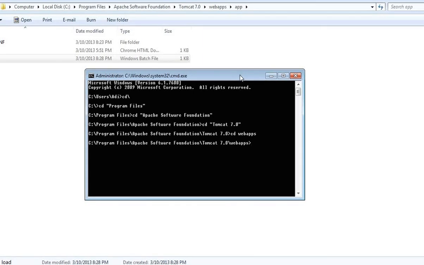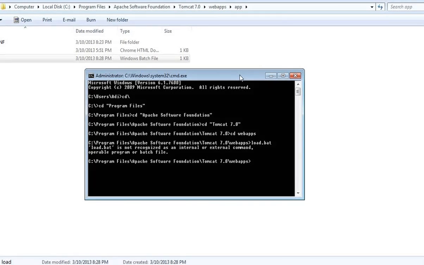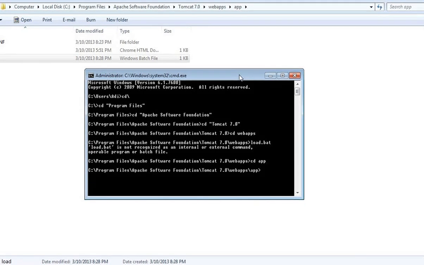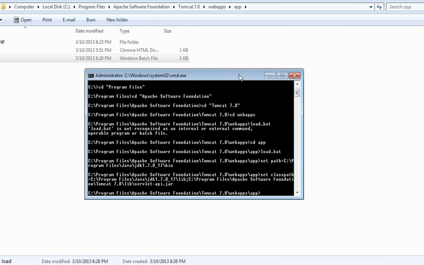Here you have to give cd app, then load.bat. So you can see here path and classpath have been set.